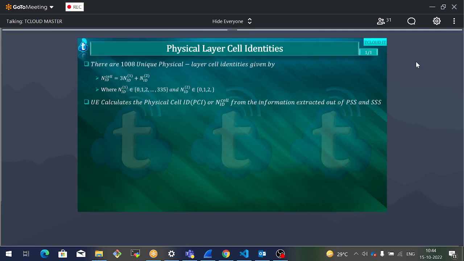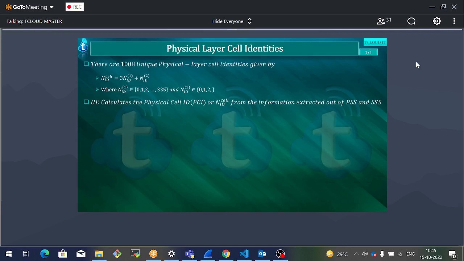N cell ID is 0. If you substitute the maximum numbers, 335 and 2, into these fields, you get 1007. So the total N cell IDs, or scrambling codes, for a 5G NR cell is 1008 values. And this physical cell ID, PCI, or N cell ID, or simply call it a scrambling code,